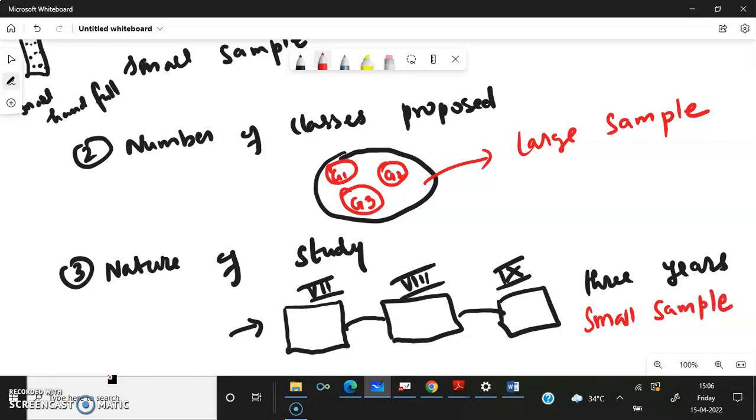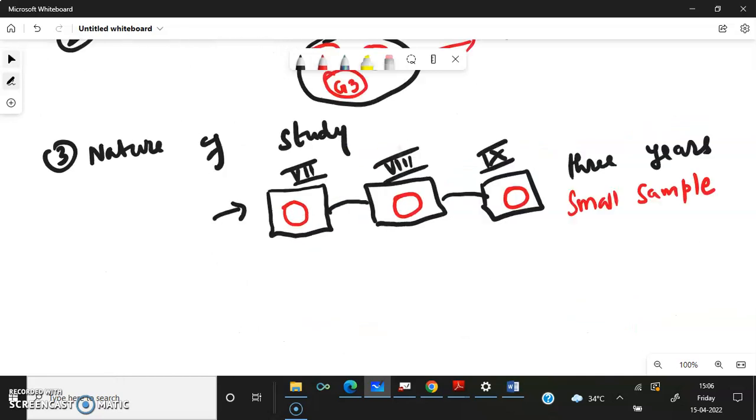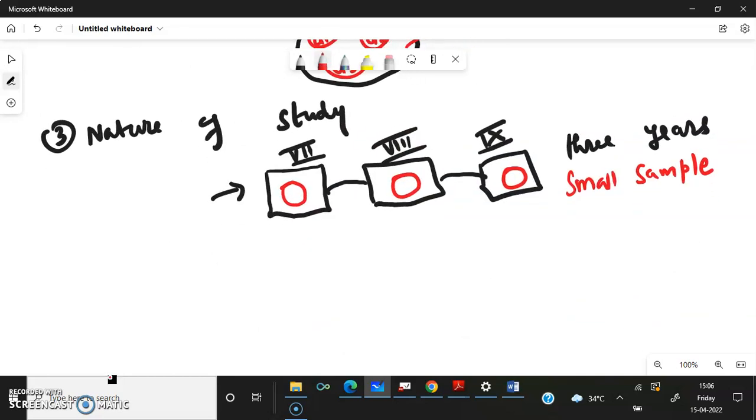Because a big sample will be difficult, since I'm going to follow them for first year, second year and third year. So I need only a small sample. But a small sample is considered appropriate in technical surveys. In some technical surveys, I also need a small sample. Now the fourth one,